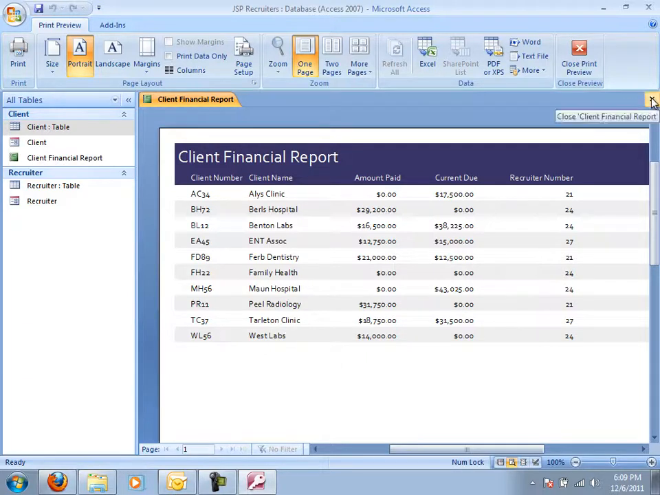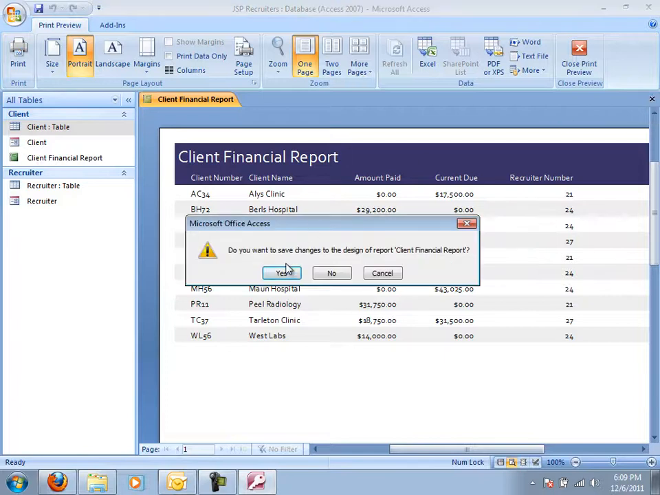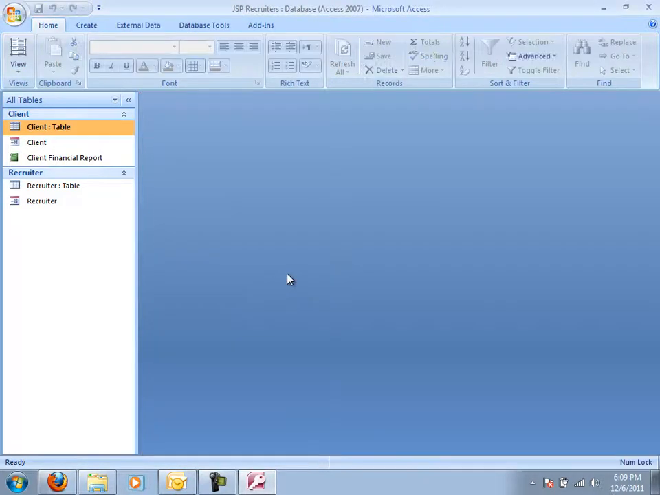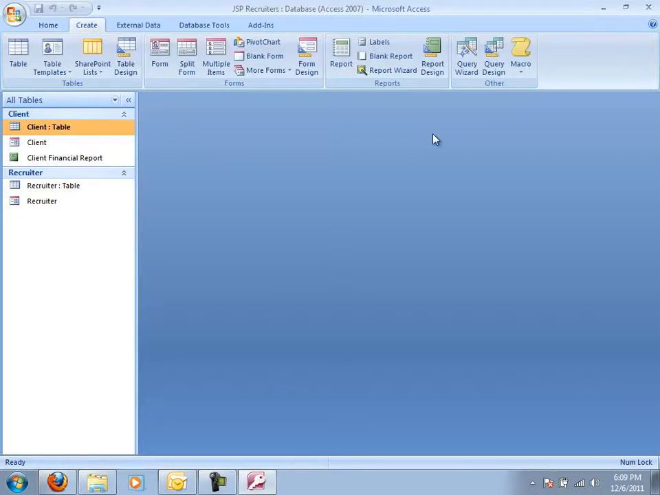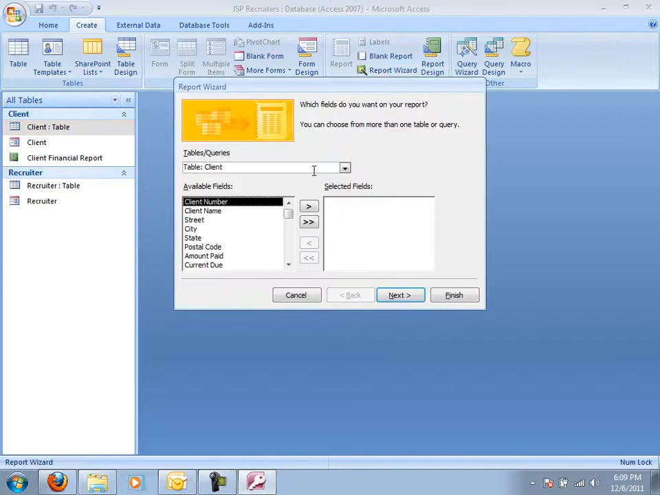So I'm going to close. Yes, I want to save my changes. And now I have a client financial report. I'm going to fly through the steps for the next 3 reports. Again, on page AC50, you'll see the information that you want to include in each of these, but the next one is going to be a client